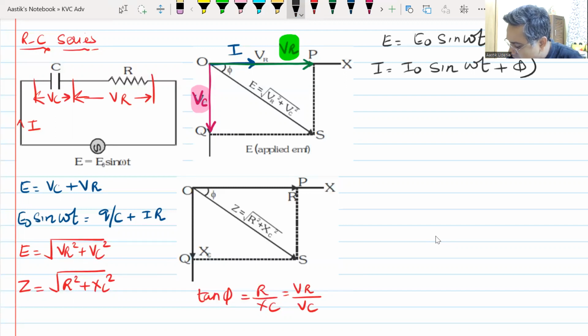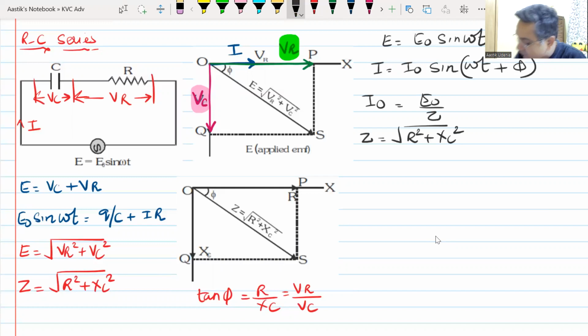Only with an angle of phi. Do we understand this? This I naught will be equal to your E naught divided by this Z. This Z will be equal to under root of R square plus XC square. This XC will be equal to 1 by omega C. This tan of phi will be equal to VR by VC. That will be equal to